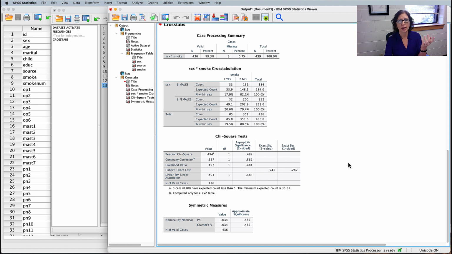Now, we don't have to report effect size when we have a non-significant test, but if we were going to, we can still do it. We don't have to not do it. But if you're talking about a 2x2 table, you're looking at the phi. So the phi, negative 0.034, is the effect size of this chi-square, which is very, very little,